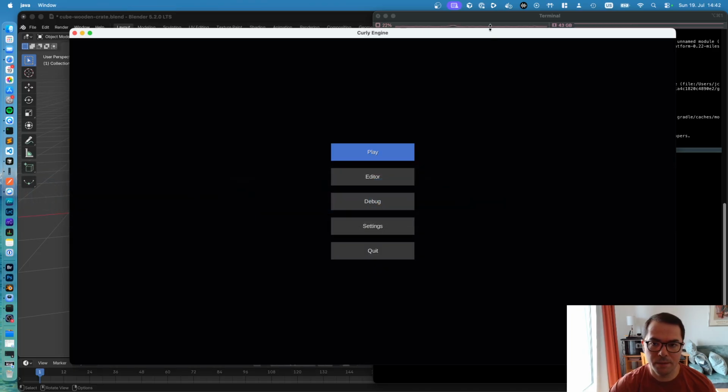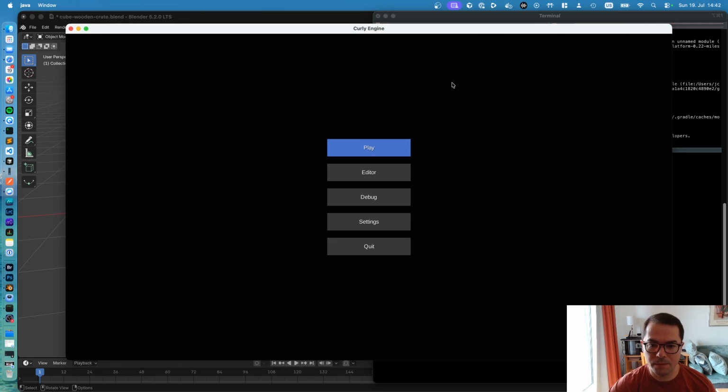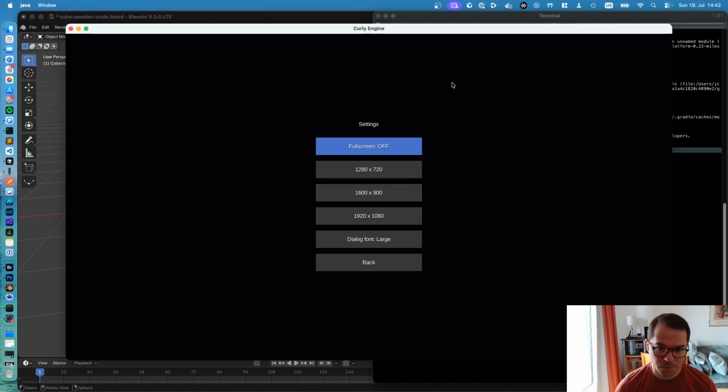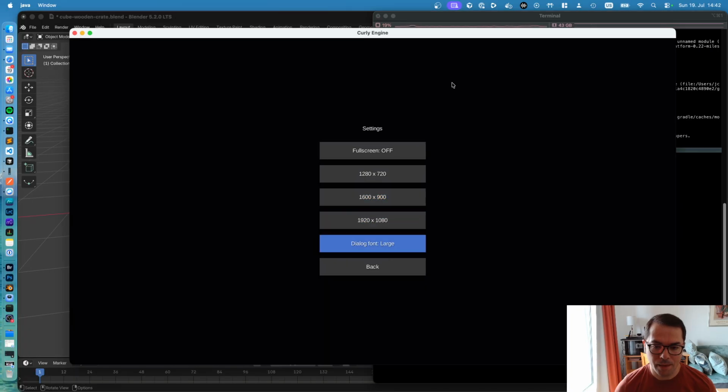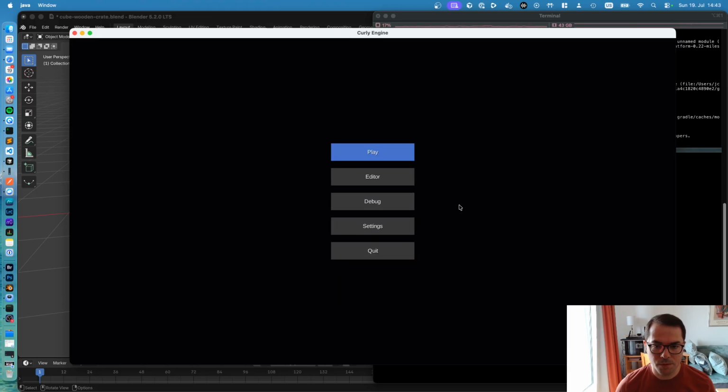This is then the screen here, the main screen. It is possible to change settings if you want to go full screen or if you want to change resolutions, etc. So that's all possible right now. And there's also a dialogue system in place, which I will show later on. Very bare bones dialogue system. And here you would also be able to change the font size of the subtitles, basically. And here just go back to the main menu. So this was supposed to be the main menu